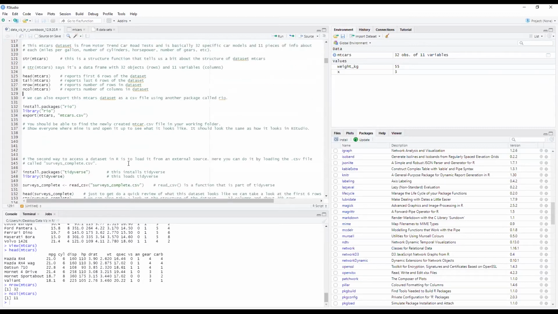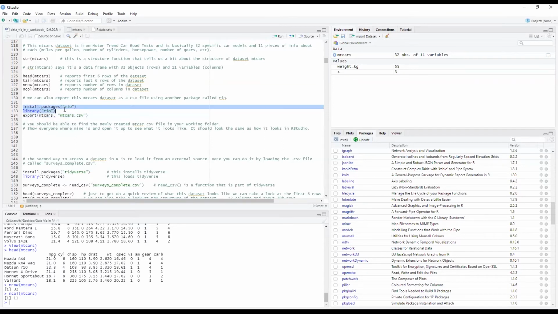There's another kind of thing that you can do. So we talked about installing packages. This is a little bit of a side note, but I've already taken a look at mtcars. If I want to save mtcars as a CSV file, save it and export it, I can do so. I utilize this package called Rio. So I need to install the package, I need to load it up, and then I can do the actual export, what it was meant to do.